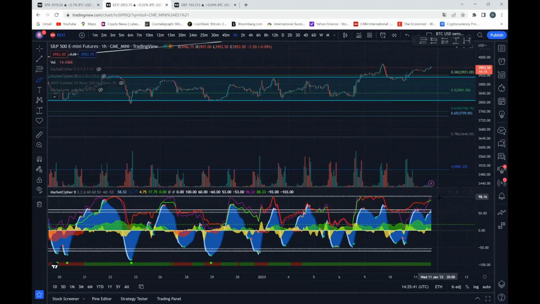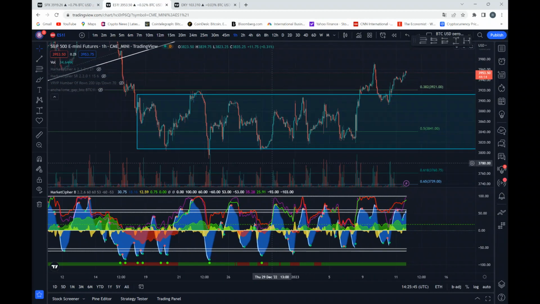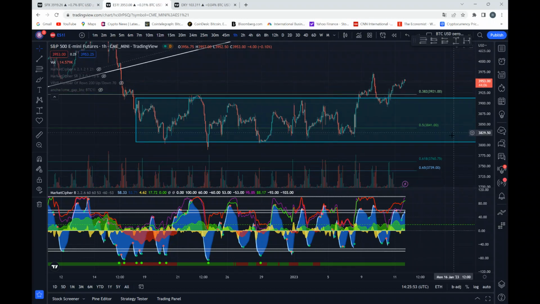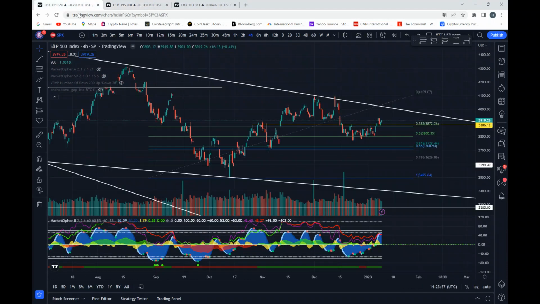Then just the hourly, this also actually has been looking pretty strong. As you can see, money flow has been thick in the green. Same for Bitcoin and for some other assets that we're really seeing a little bit of a relief rally or starting rally of the year. So that so far looks pretty good. S&P 500, same kind of scenario.